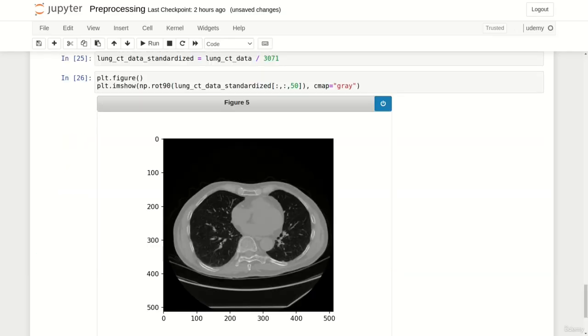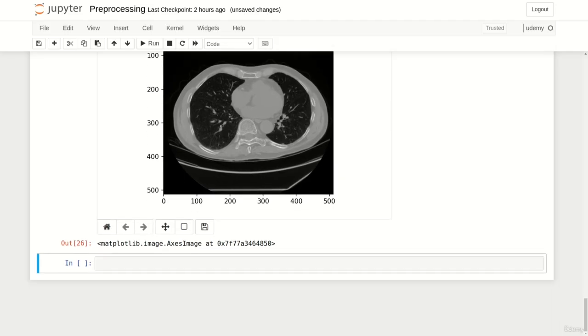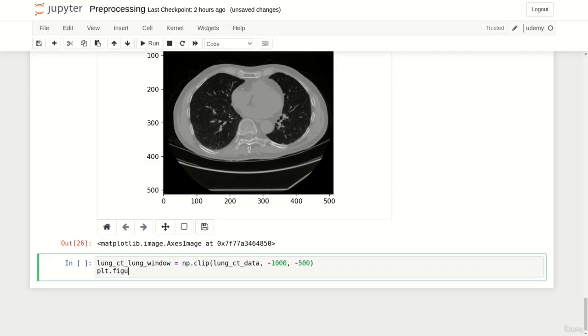As you can see, the standardized image still absolutely looks like a normal CT because all scales were kept. To demonstrate how to perform windowing, let's define a variable called lung CT lung window and then use the numpy.clip function, which gets an array as its first argument, then a lower bound and an upper bound. As an example, to get a nice lung window, we can clip all values smaller than -1000 and larger than